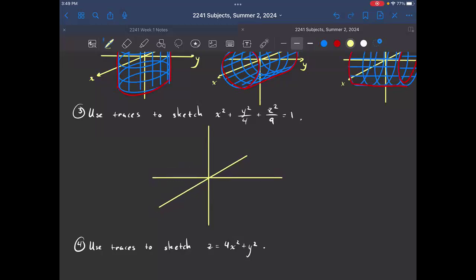Okay, and then we need our labels, X, Y, Z, and we have x squared plus y squared over 4 plus z squared over 9 equals 1. Okay, so this looks like the equation of a sphere, except it has an extra term, the z squared term, and we also have these coefficients that scale the size of those radii a little bit. And so if you remember, for an ellipse, when you draw